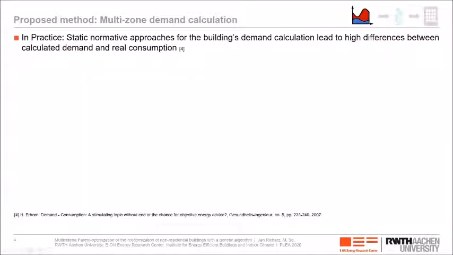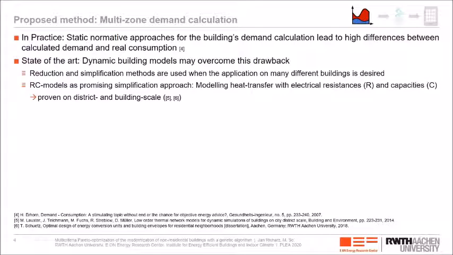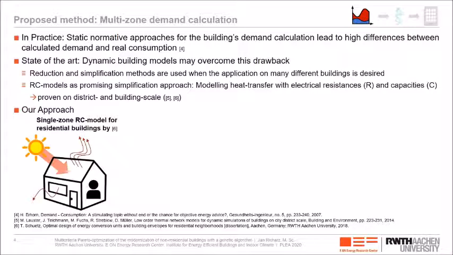measures. In practice, we see that static normative approaches often lead to inaccurate demand calculations. Dynamic, highly resolved building models may overcome this drawback. RC models are a promising approach where heat transfer is represented by electrical resistances and storage ability of, for example, the envelope by capacities. Our approach is based on a proven RC model for residential buildings that represents the energy